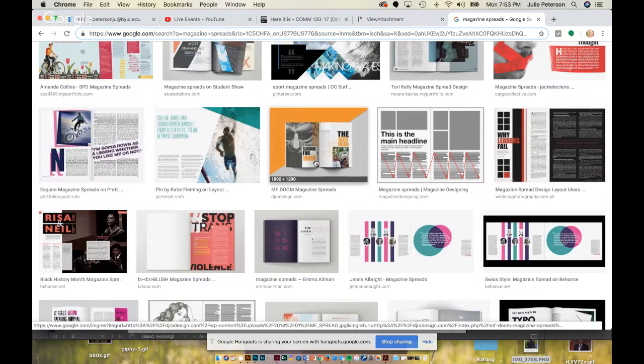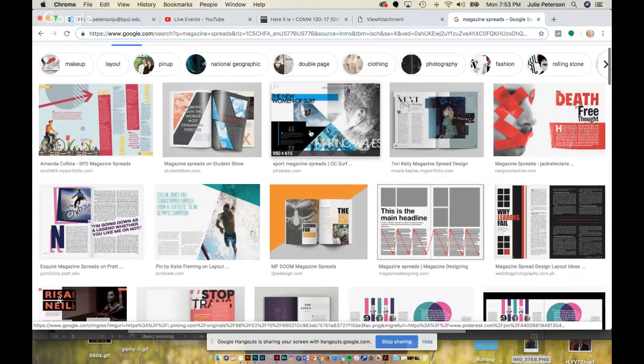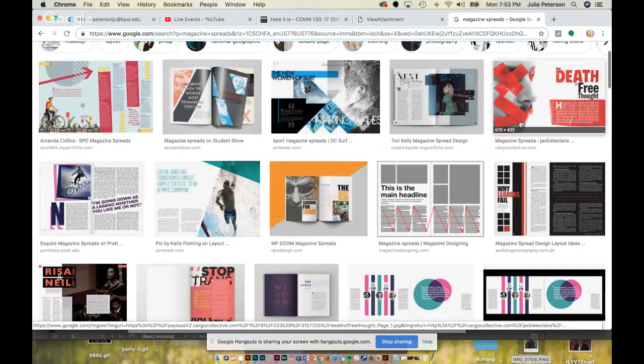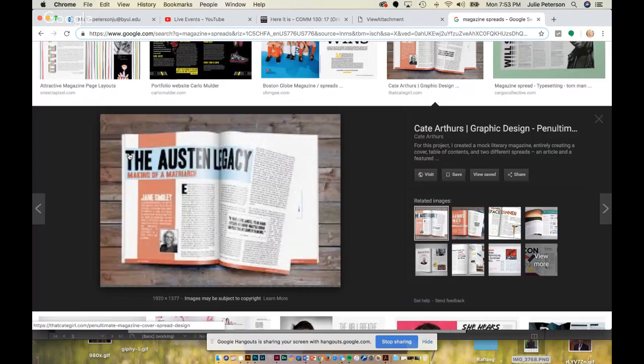Now, see how we have this solid image and then a white box underneath it? So you're not necessarily needing to put text on top of an image. And if you do, then you want it to be less busy, so that it's easy to read. This is a good example of what I'm talking about, how we have a box right underneath the text. See right here? You can do that easily on your ad.